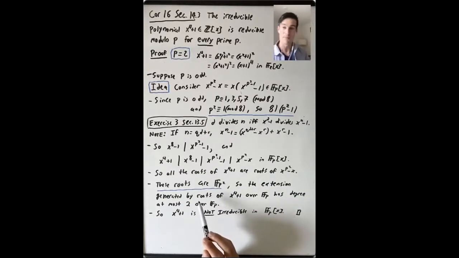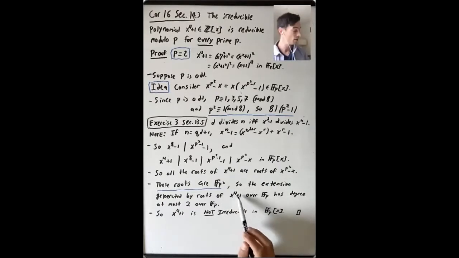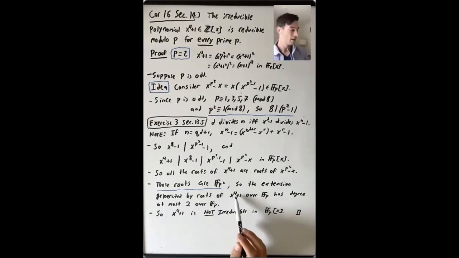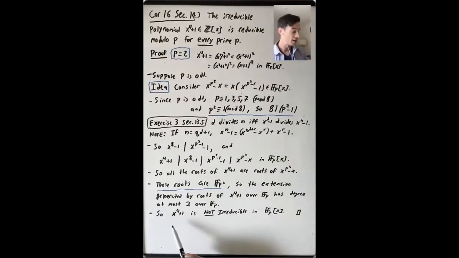So the extension you get by adjoining all the roots of this polynomial over Fp has degree at most 2 over Fp. It might actually have degree 1 if this splits completely already in Fp[x]. But certainly, a splitting field for this polynomial over Fp has degree at most 2. And if this polynomial were irreducible, then you would be adjoining a root of a minimal polynomial, and you would get an extension of degree 4. So that's telling us that x to the 4th plus 1 is not irreducible in Fp[x],